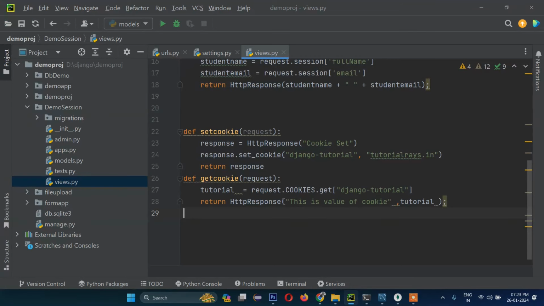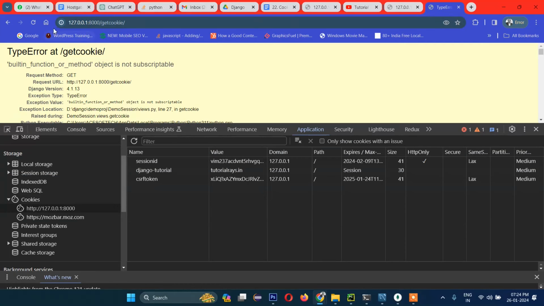Okay, we need to actually format this, and then the double quote will be outside here, because in Python 3 we write in this syntax. So we have to display the value, we will write like this. Okay, now let's try. So get cookie,